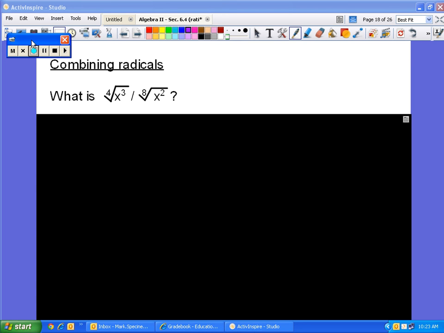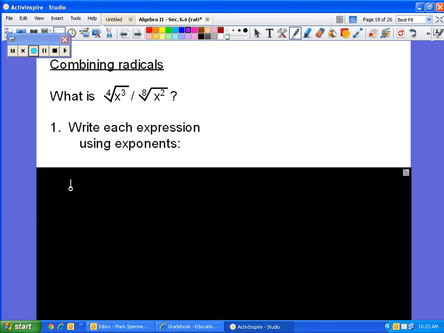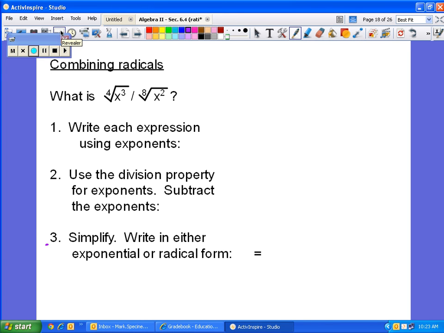However, what we can do is convert these to exponents. And once we convert them to exponents, we'll be able to divide. So the first step is to write each expression using exponents. So how would I write this, the 4th root of x to the third, as an exponent? So I have x to the 3/4